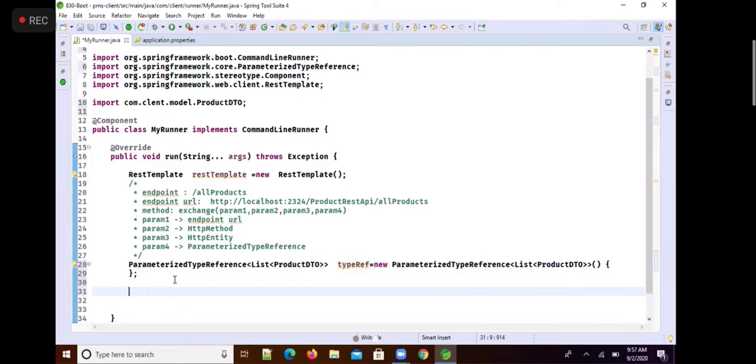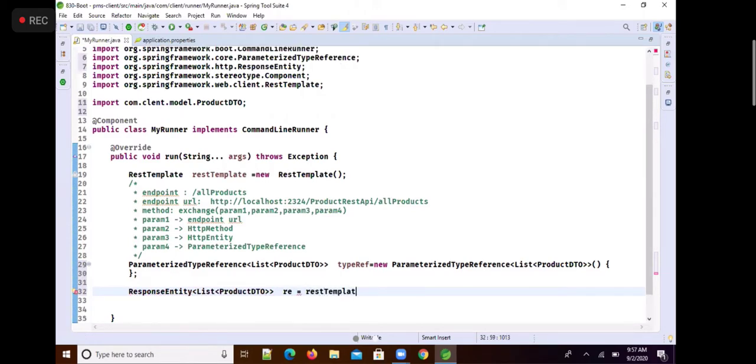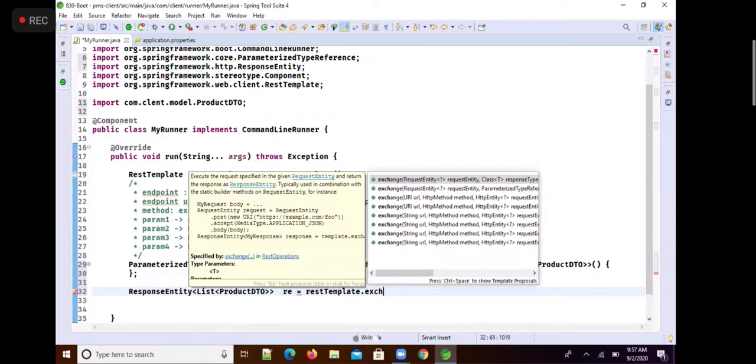The exchange method always returns a response entity object. So ResponseEntity, and the result type is a list of product DTO, the body. Say RE is equal to restTemplate dot call the exchange method.